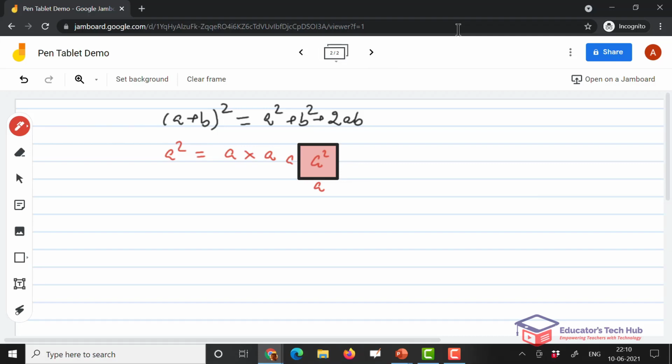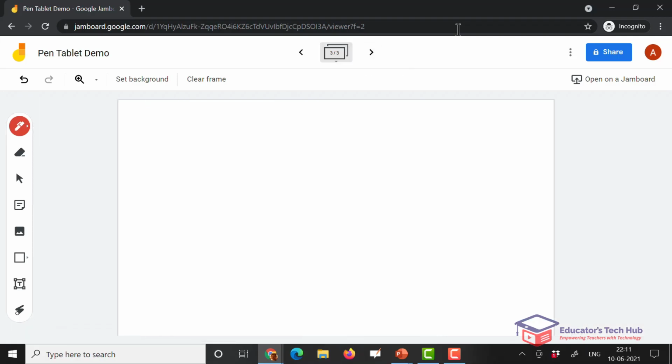So whenever you're working on a Jamboard, once you have finished with one particular board, you can always move on to the next frame. And here you get your next page, right? So let's say I name this as page 2. Then let's say I move further, I can give this the name page 3, and I can come back.